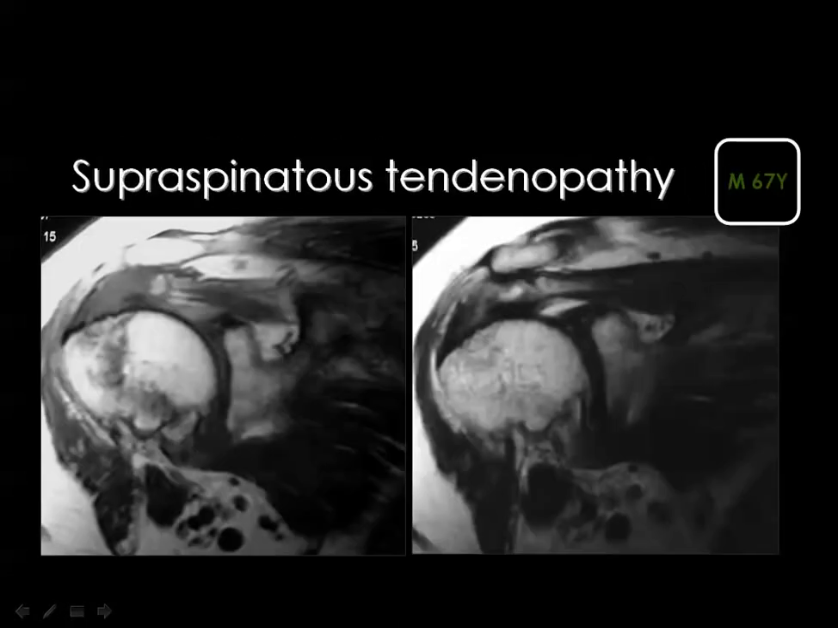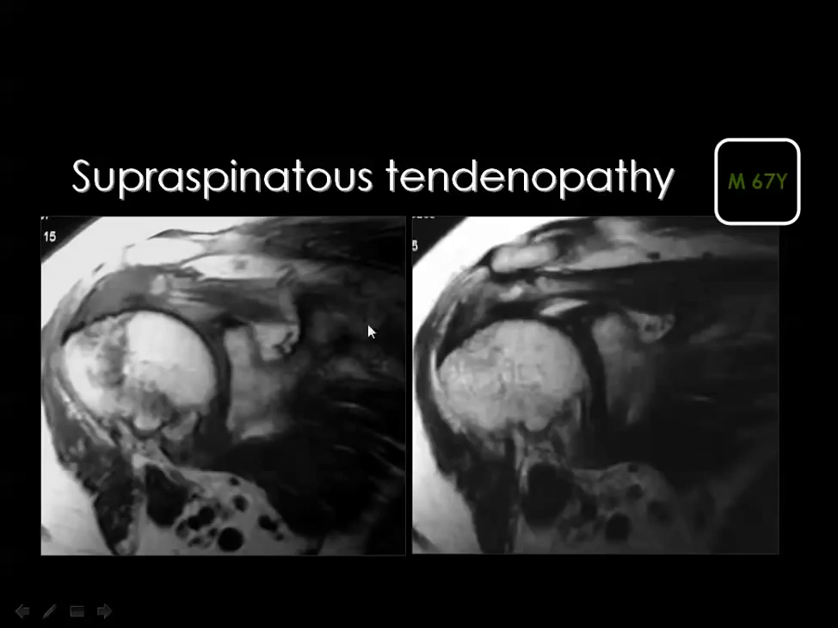And this is supraspinatus tendinopathy T1 and T2. The supraspinatus tendon is markedly swollen. It shows intermediate signal in the T1 and also intermediate signal in the T2 weighted image. And if you look carefully, you can see this bright signal within the tendon which indicates tear, and